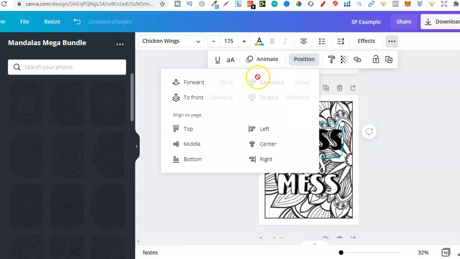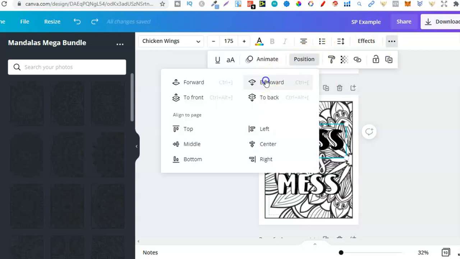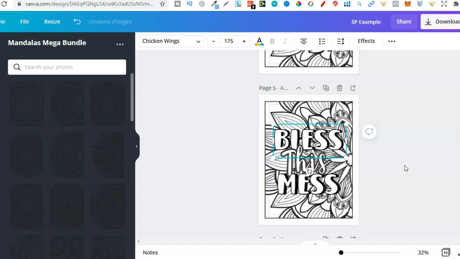So let's just push that back. Oh, I've done the wrong one. Let's go back onto here and move that back. And there we go. And right here, I played around with this font as well, just making it look good. So once I'm happy with that, once I've designed two different fonts, and then